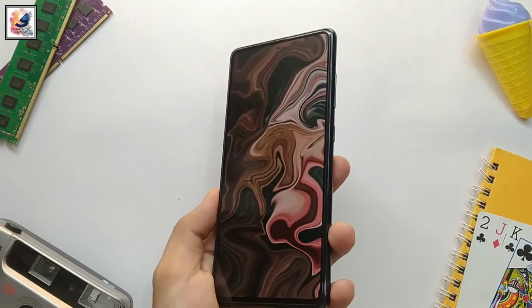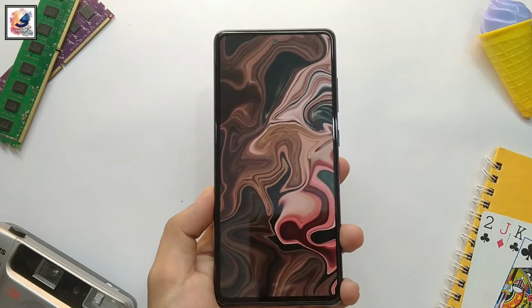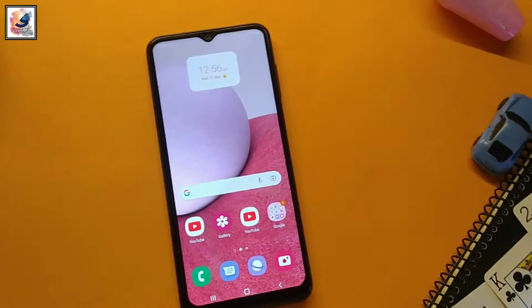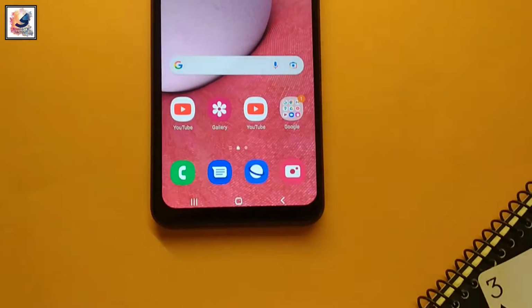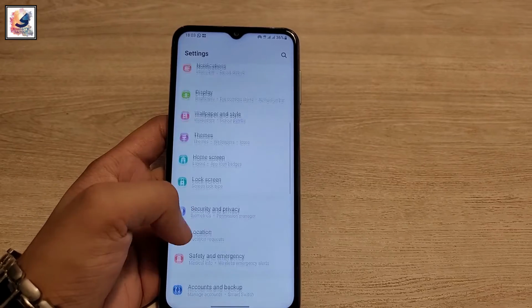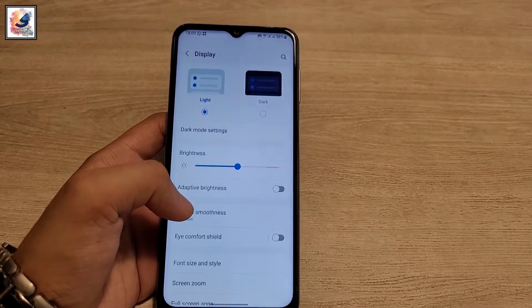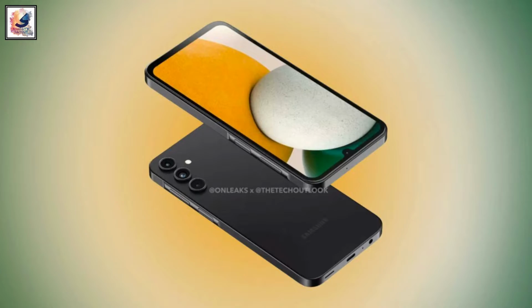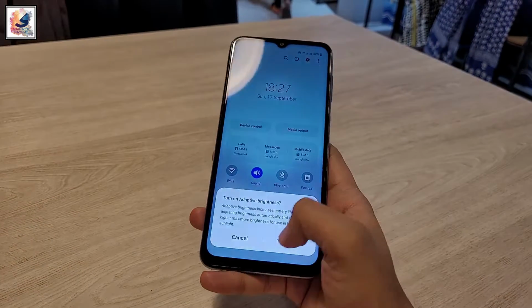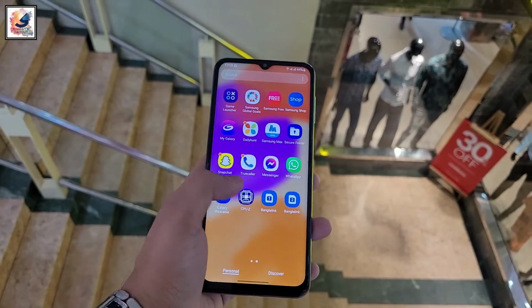Hey guys, it seems Samsung will finally offer an OLED screen on its entry-level Galaxy A1 series smartphone starting next year. A report from a South Korean publication says Samsung will finally replace the LCD panel used on the previous Galaxy A1 series phones like the Galaxy A14. The Galaxy A15 is expected to feature a 6.1-inch Full HD resolution, 90Hz refresh rate AMOLED screen, with a U-shaped notch cutout